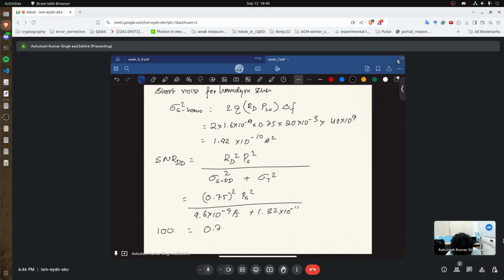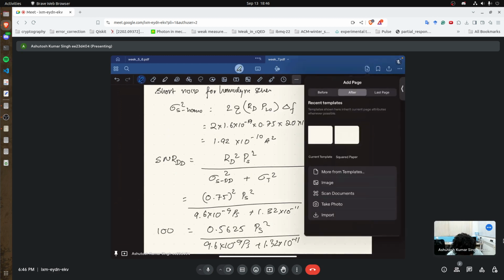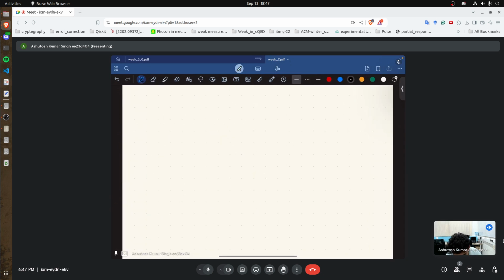So what is 0.75 whole square? This is 0.5625 PS square divided by 9.6 times PS plus 1.32 times 10 to the minus 11. Now when you solve this, your PS would come out as 0.049